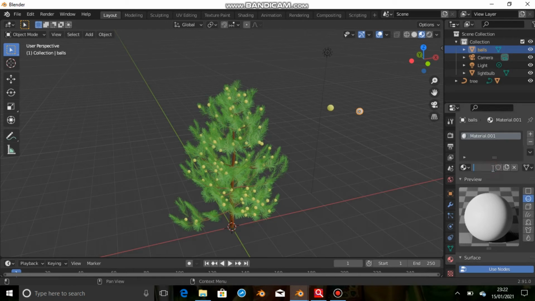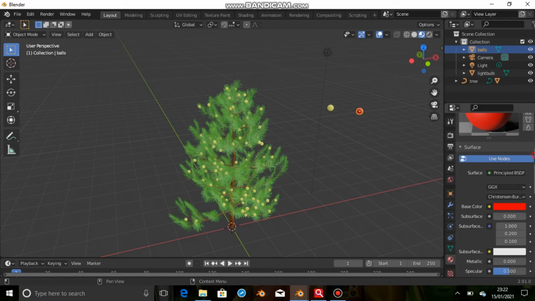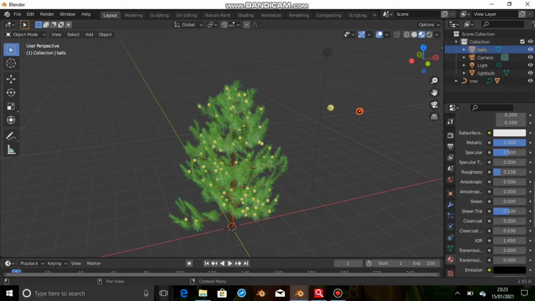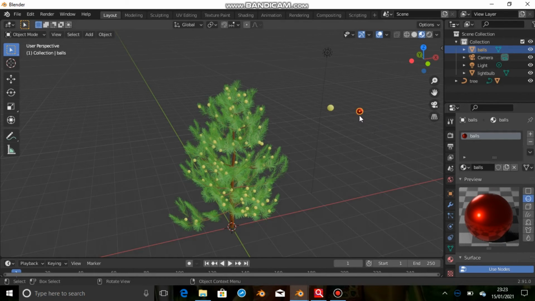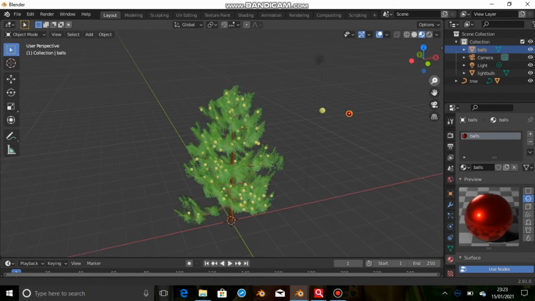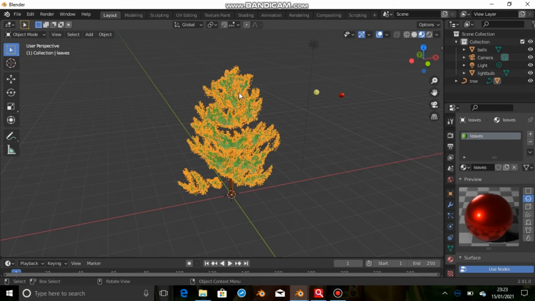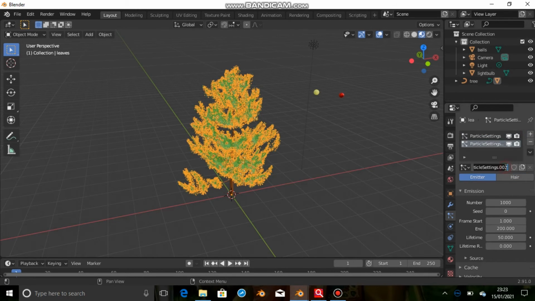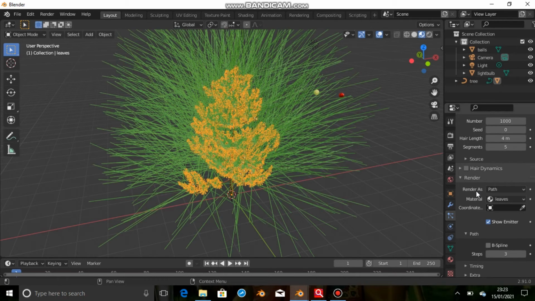So in our properties editor, we will go to particle properties, and in that particle properties there are two buttons, plus and minus. First of all we'll select the Christmas tree by select and drag. Okay, and now it's time to add a particle. So as I click on the plus button icon, I will get a particle, and you can write your name as light.